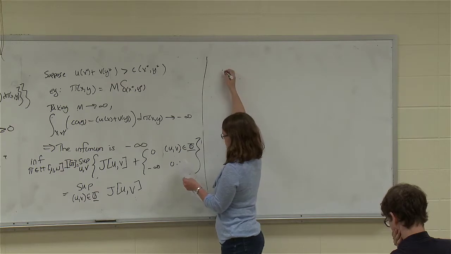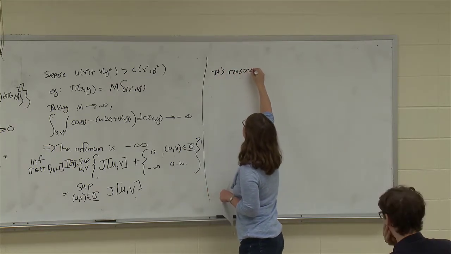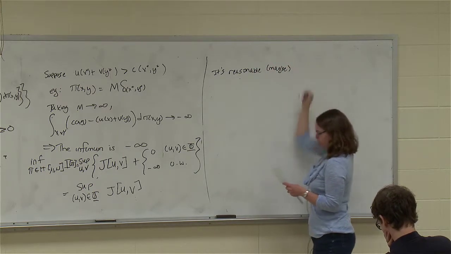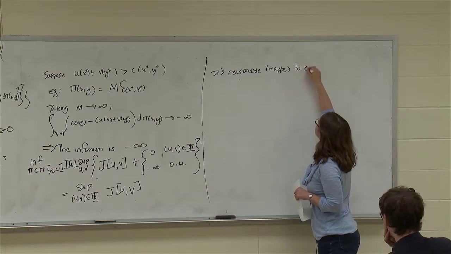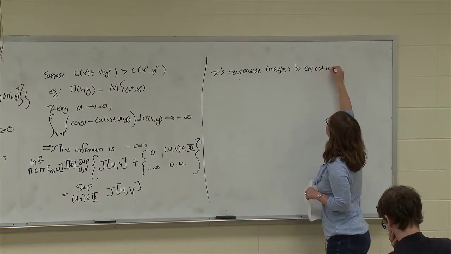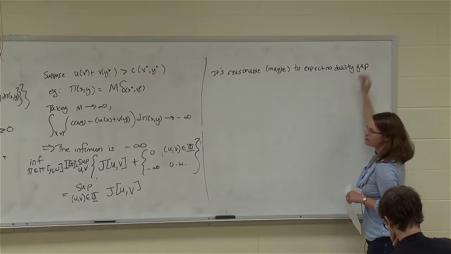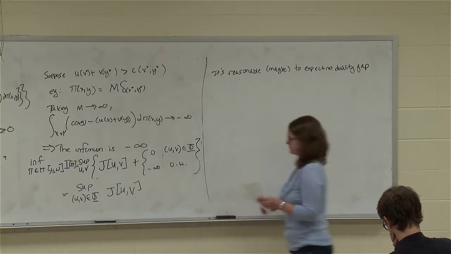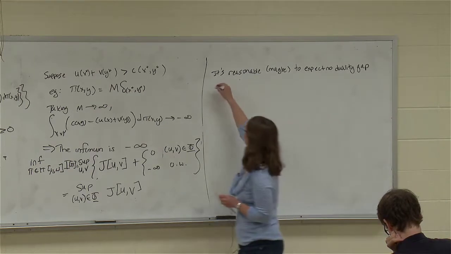So it's reasonable, we hope, maybe, to suppose that there's no duality gap. The minimum of the primal problem equals the supremum of the dual problem. For now, I'm going to say,